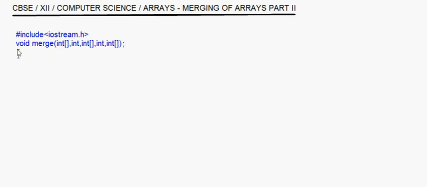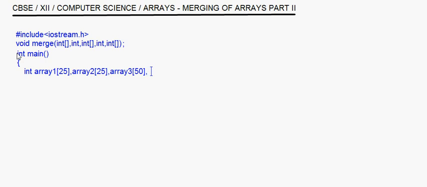Now we start with the main function, int main. Here I take the arrays first. Let's call it int array1. Give it a size, whatever size you want. This is the maximum size. Int array2, and array3. Here again, if you want, you can give a bigger size for this, or you can keep the same size. Let's put it as 50 here.